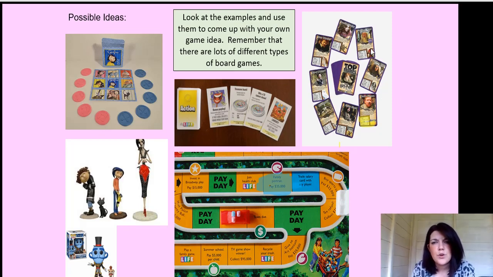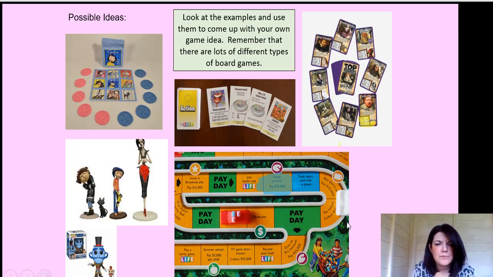So you have a different card for each character, and then you have a little bit of information about that character, and then underneath you have scores or points. So it might be strength is a certain amount of points. It might be imagination, or intelligence. It might be speed, so how fast they can run, or agility. And you can think of some link into Coraline, I'm sure, that you could come up with for that one.